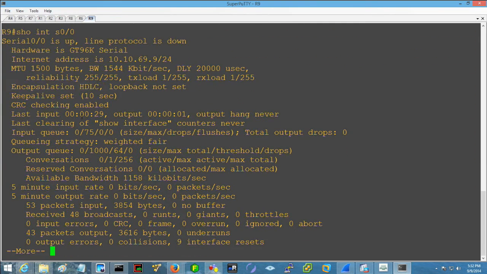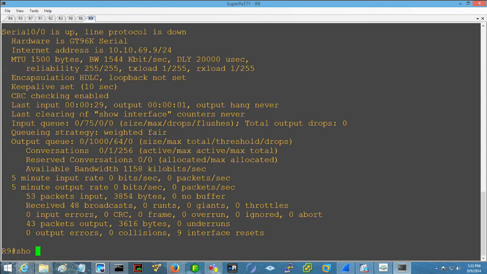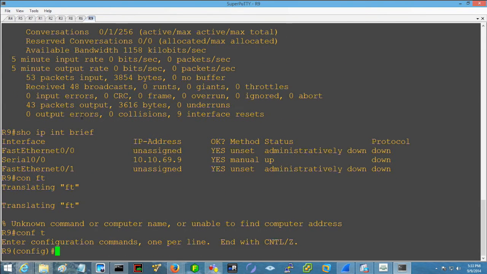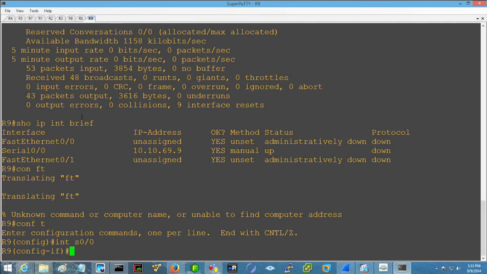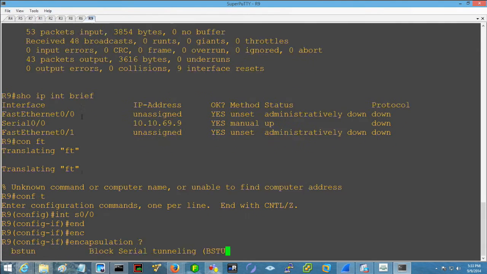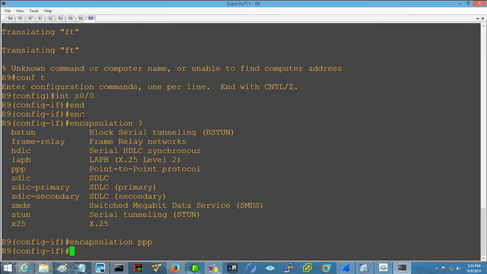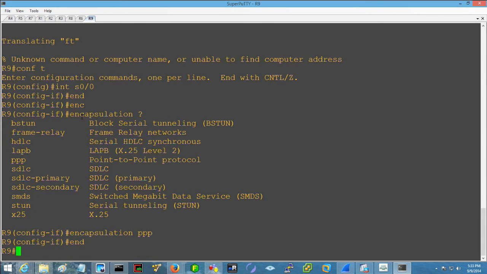Because the layer 2 encapsulation doesn't match, you wind up with an interface that's up-down. So if the line protocol is down, if layer 2 is not working, you're never going to send data. You can easily fix that by going into the interface and just saying encapsulation. And you see we've got a couple different options here. We're going to go with PPP. And we should see that interface come back up.